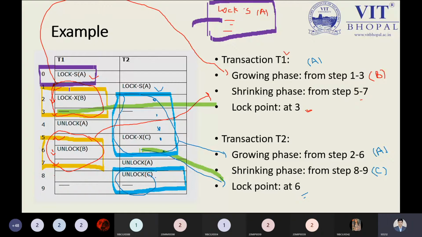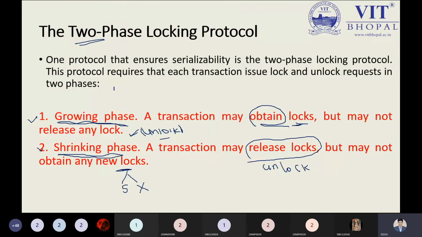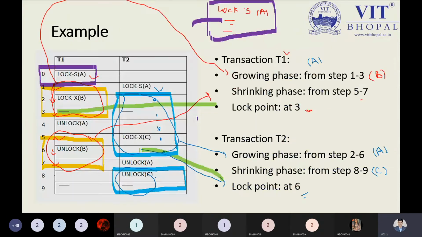So now read the statement. A transaction may obtain locks, but may not release any lock. So in this case, after applying the lock SA, what other information is to be executed by the transaction? No statements are available. So that's why we are not considering this as lock SA. But in the lock XB, we have some statements which are just mentioned on the dashboard. So there are some points that can be captured, from which we have to identify which statements are part of our transaction. For explanation purposes, at that point we have our lock point. Now clear? Yes, sir. Got it.